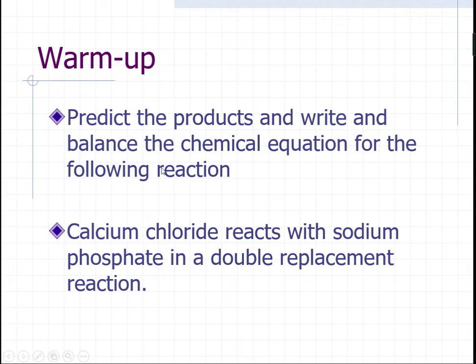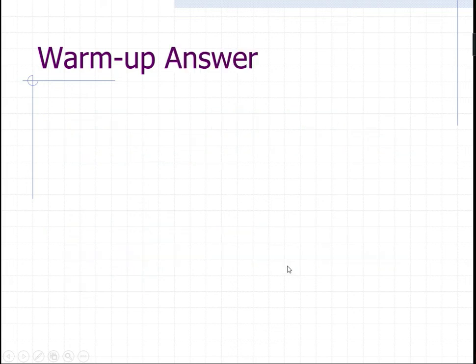If you were to balance this equation of calcium chloride reacting with sodium phosphate, the first thing you need to do is start with what your reactants are. You have calcium chloride. Calcium is a +2 and chloride is a -1. And then sodium phosphate. Sodium is a +1 and phosphate is a -3. You do your crisscross and get your compounds. Then you have to figure out what your products are. Well, since it's a double replacement